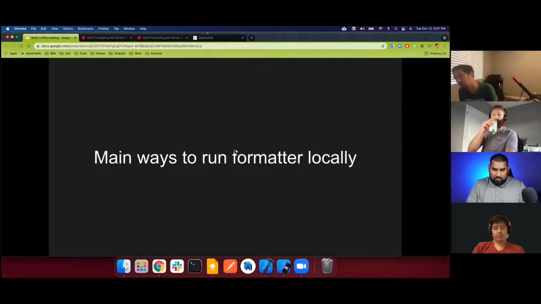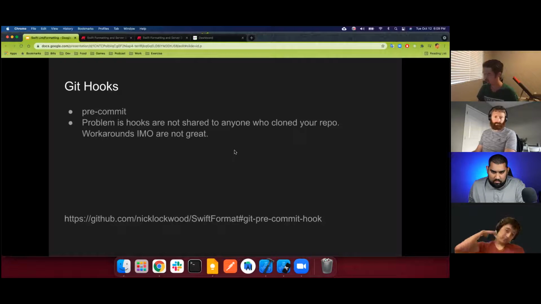There are lots of ways to actually format your code locally. Generally there are two paths people go: a local path, and then a server or continuous integration side version of this formatting that validates that you run the formatter. I'm just going to talk about the stuff that you do locally. And on iOS, from my experience, there's really not a perfect option. They're all kind of not so great, but I'm going to go through all the options, and more of just the cons I'm going to focus on, because none of them really are perfect, which is kind